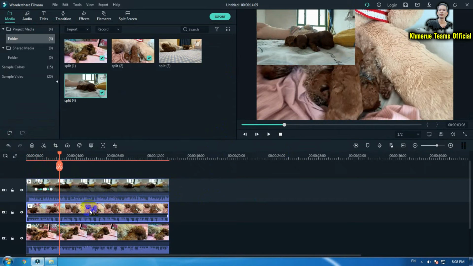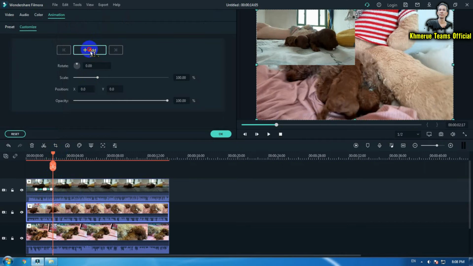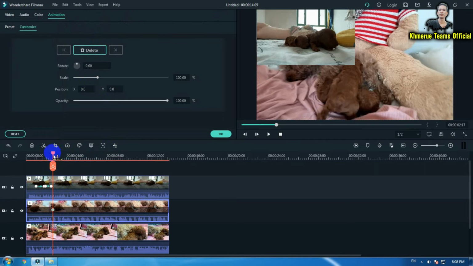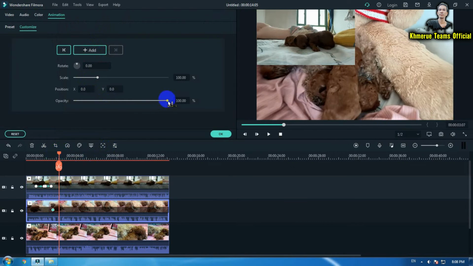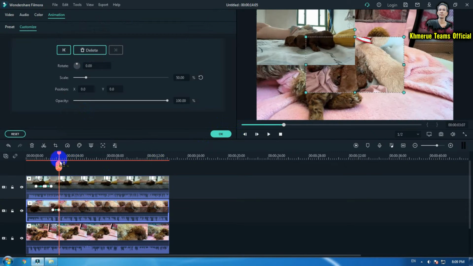And this time we're gonna do it one more time the same. So you should be starting after the first track timeline here. So double click on that and click on add, and then drag it to be more smaller like this and change it to 50%, and then click OK, and now double click again